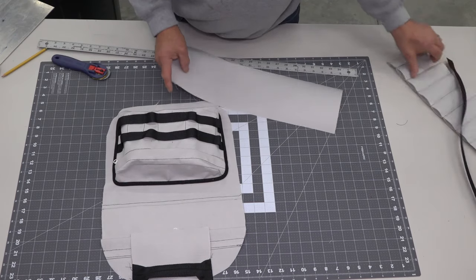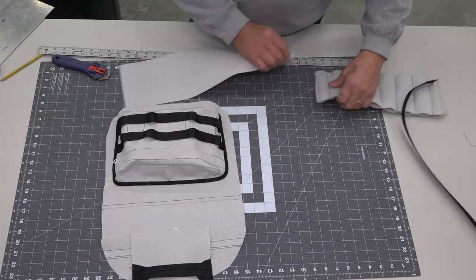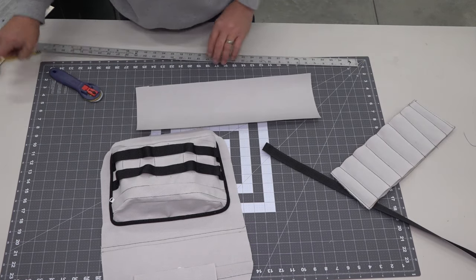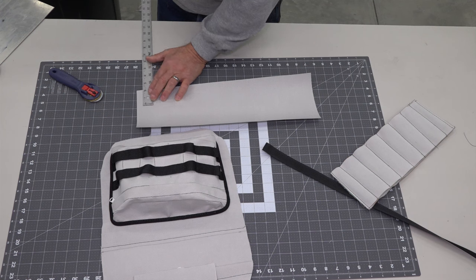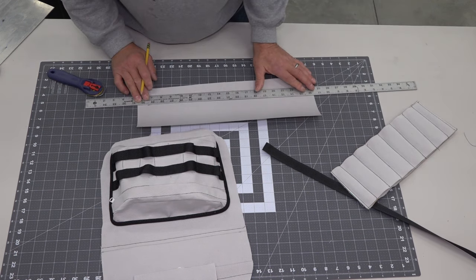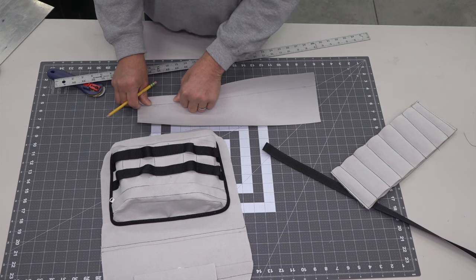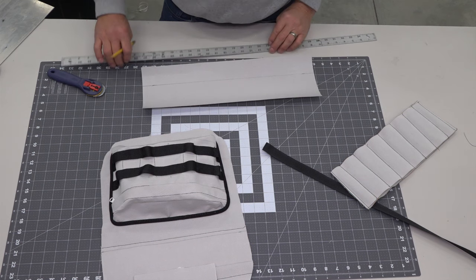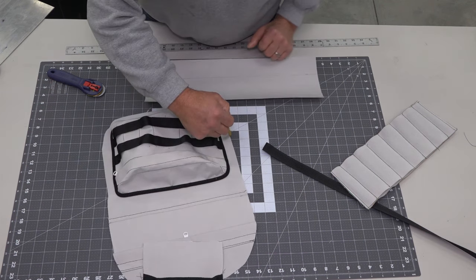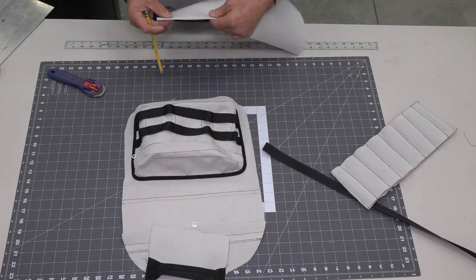All right, so we may wind up trimming this a little bit shorter because I do like the 6-inch, but what we want to do is let's put a 2-inch. Maybe I want a bigger flap. Do I want a bigger flap to overlap? I'm thinking about how we're going to overlap the zipper. The zipper is going to start right here and zip all the way around and stop right there to open the pack up. The question is, do I want